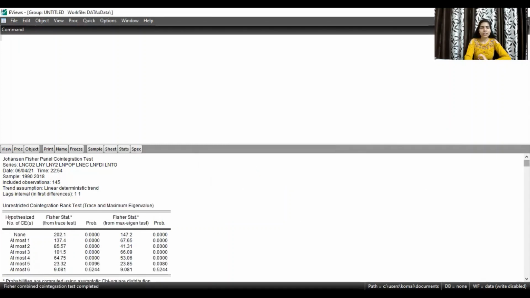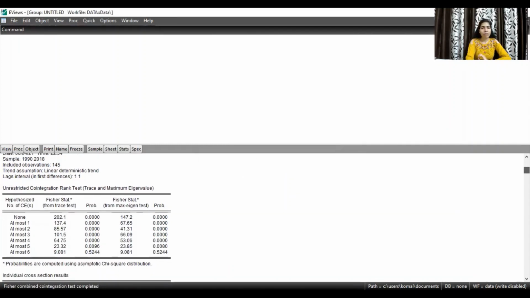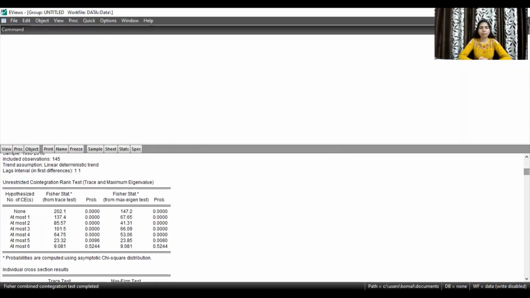Now you can see the results for the Fisher combined Johansen test are here. How do we interpret them? The test provides us with the Fisher statistic from the trace test and the Fisher statistic from the maximum eigenvalue test. You can use both these test statistics to interpret your results.